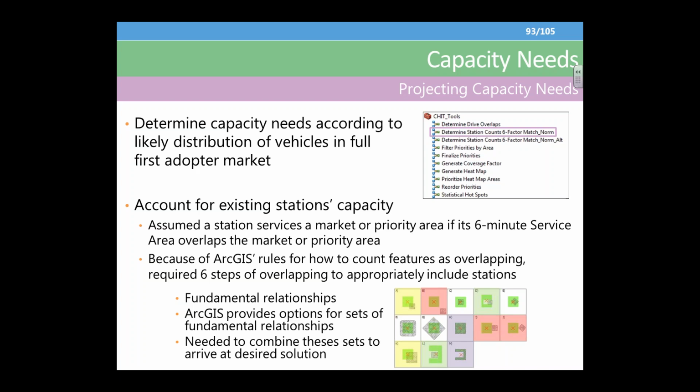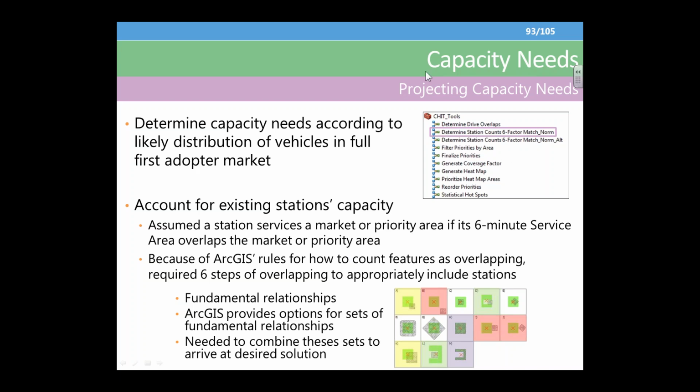It's a super fine detail. I'm not going to spend too much time talking about this, but actually assigning station capacities to market areas is more complex than it sounds in ArcGIS, simply because of the relationships it allows you to choose between for what counts as overlaying or not. So this feature is,